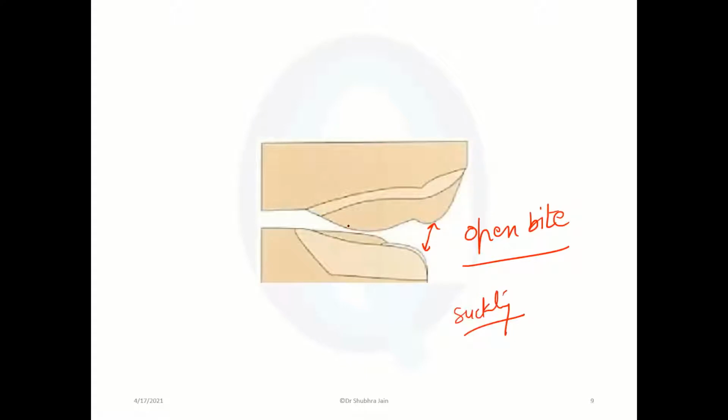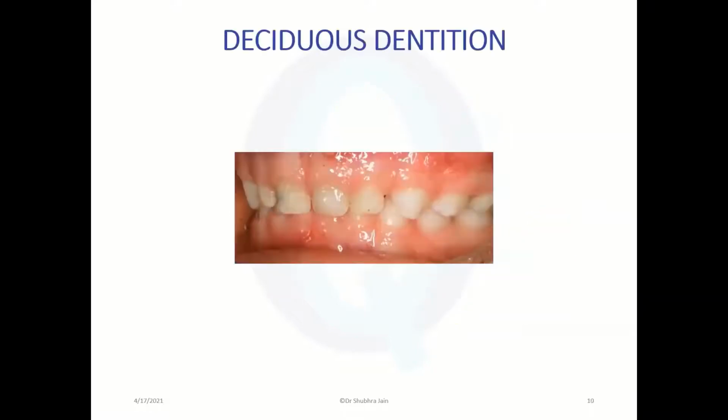The other thing is that there is a contact at the future first molar region. When the child occludes, when the child closes the mouth, then there is a contact at the future first molar region. Okay, so these are two main characteristics of a predentate occlusion. First, there's no occlusion as such. The predentate gum pads have an open bite in the anterior portion which helps the child in suckling, and there is contact at the future first molar region.